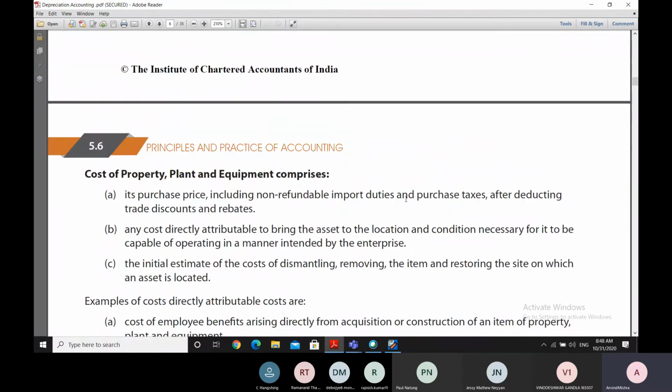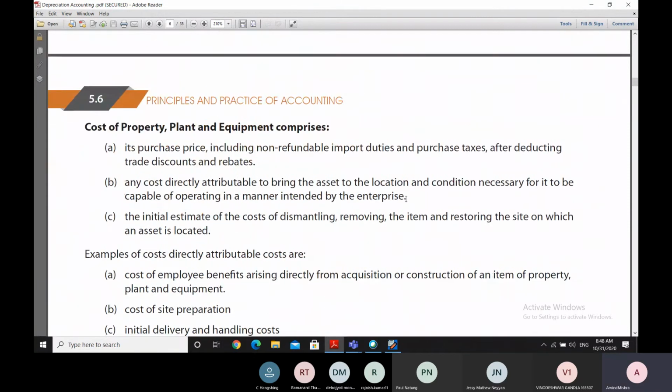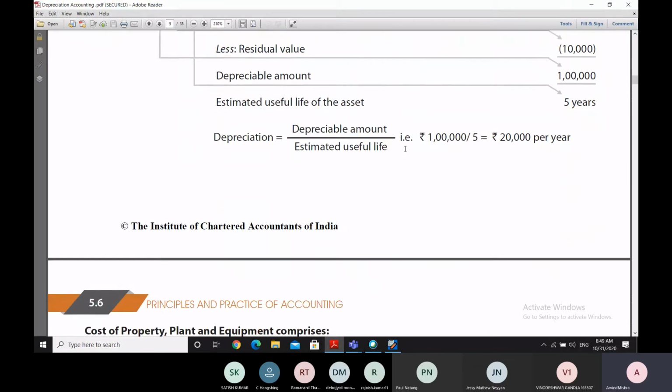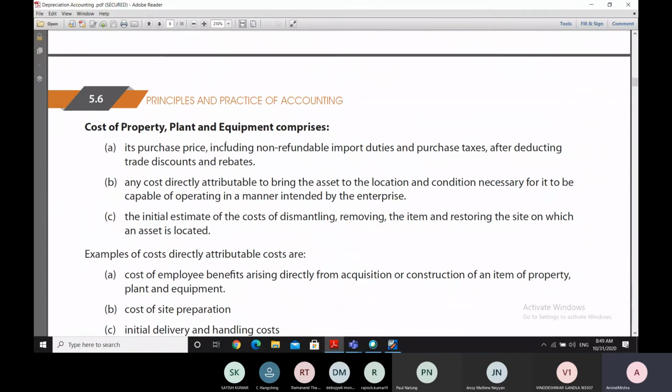So the important thing first of all is that we have to get to the acquisition cost of the property, plant or equipment, because in order to find the depreciation we have to find the acquisition cost initially. So the cost includes the purchase price, including the non-refundable import duties paid, as well as the purchase taxes also, and from the total of the purchase price, import duty and taxes, we reduce the trade discounts and rebates that we have received, and once we reduce that,